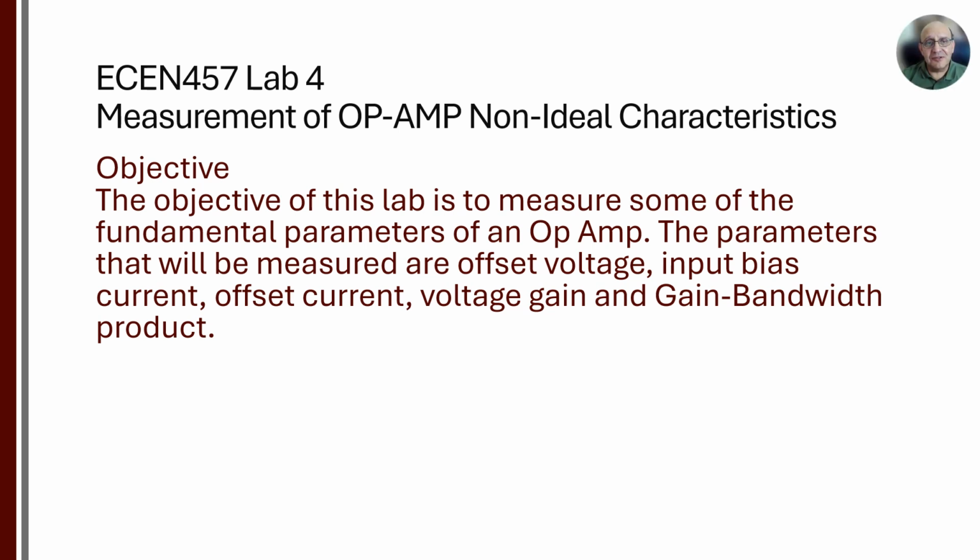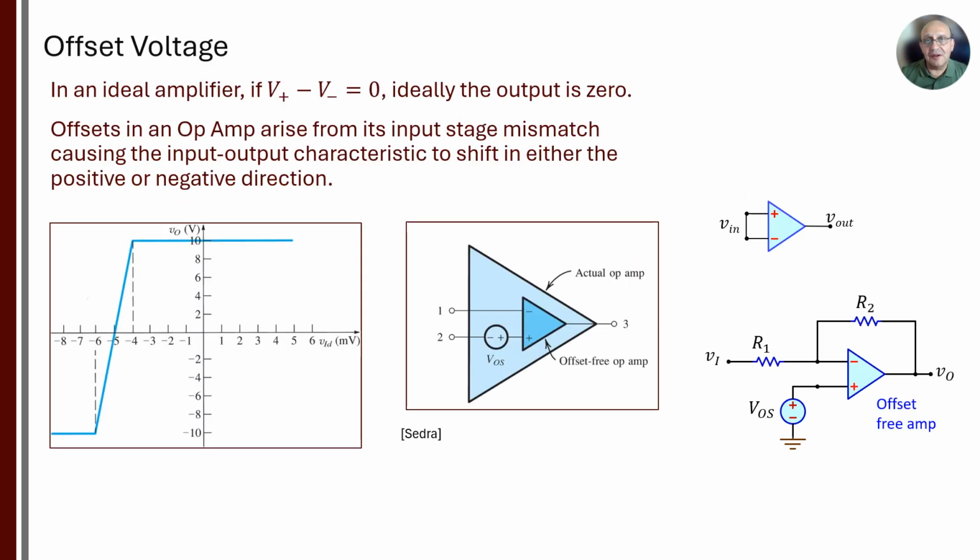This video is an introduction to lab number 4 for 47 on operational amplifiers. We will measure some of the basic non-ideal characteristics such as offset voltage, input bias current offset, and bandwidth. Offset voltage. In an ideal amplifier, if the inputs are connected together, like in this case, the expected output is